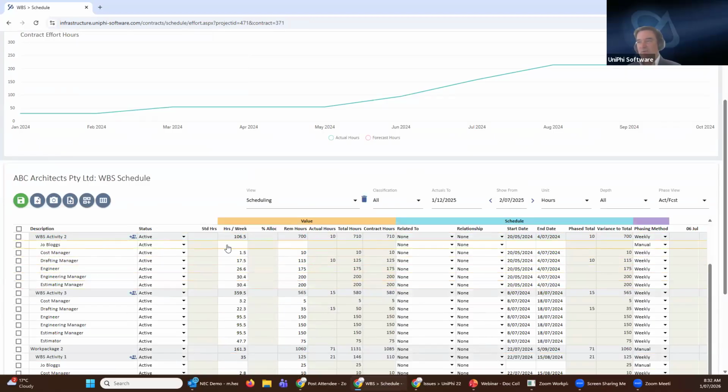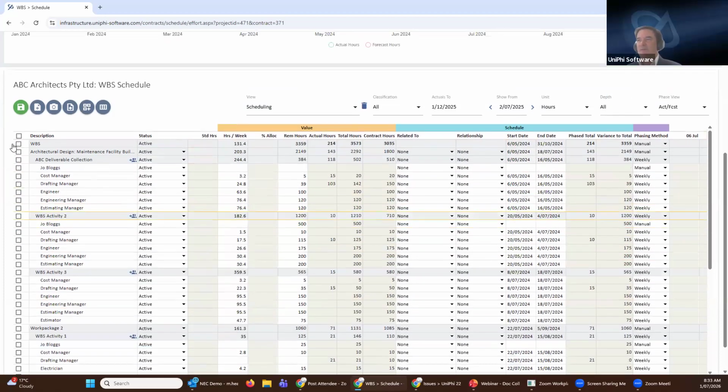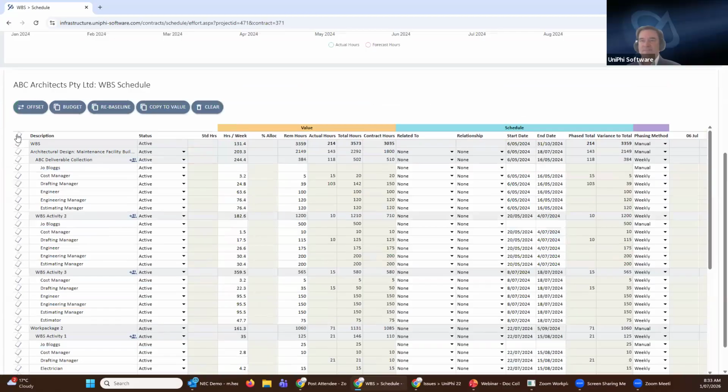If I was to go into add Joe Bloggs into this activity and say he was going to do 500 hours, I would then save that. And then I could see here that there's a total hours there. There's no contract hours. If I'd done this before all the contract hours existed, I would then tick this little box again and go copy to value.